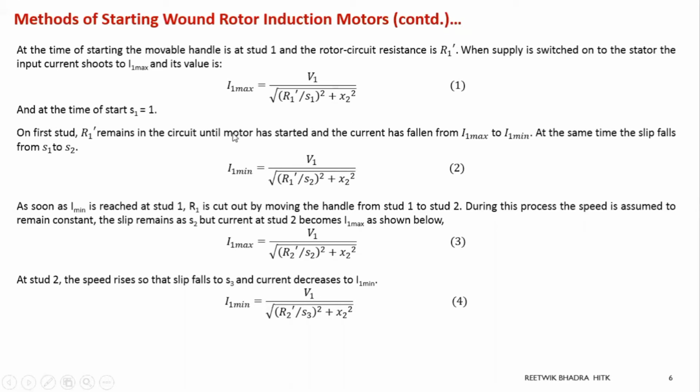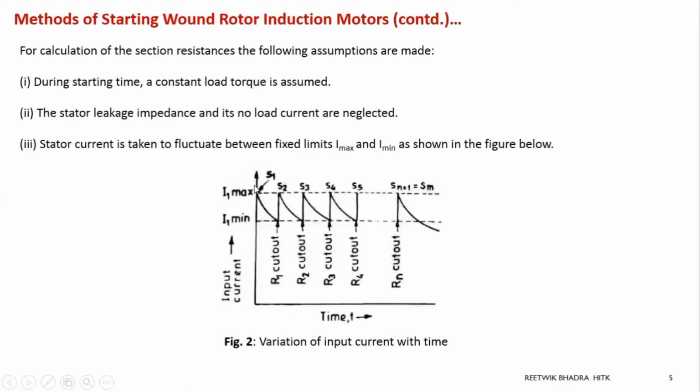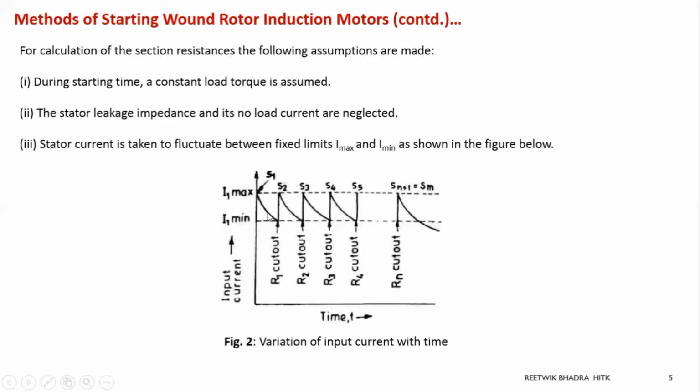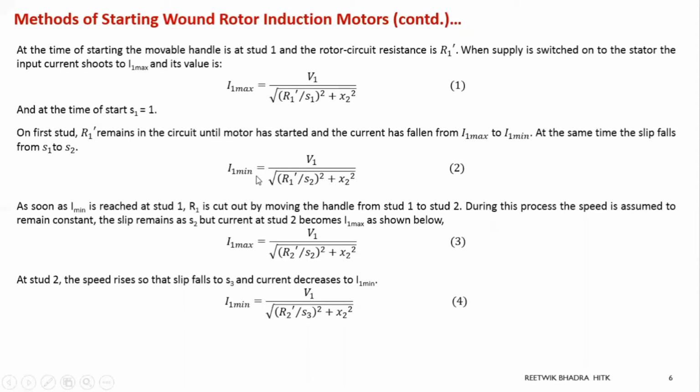Now, as soon as this total resistance comes into function, at the starting, for some microsecond the current will be max, but as soon as the total resistance comes into function, the current will reduce, the current will go on reducing. So it will reduce to which value? I1 minimum. So at this point, what is the value of I1 minimum?